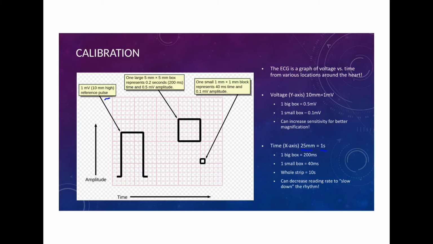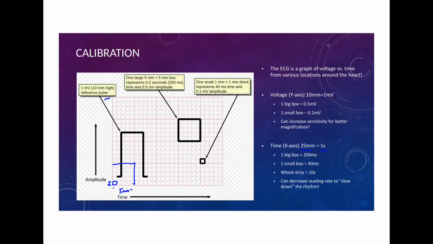As far as the y-axis, that's voltage, and you see that the ECG is divided up into little boxes. Here's a little box here. That's 1 millimeter across, 1 millimeter high. And then you have these bigger boxes, which are made up of 5 little boxes across and 5 little boxes high. So that's 5 millimeters